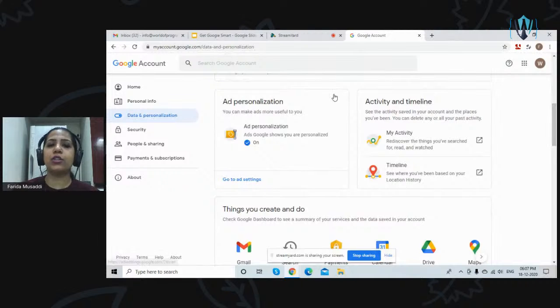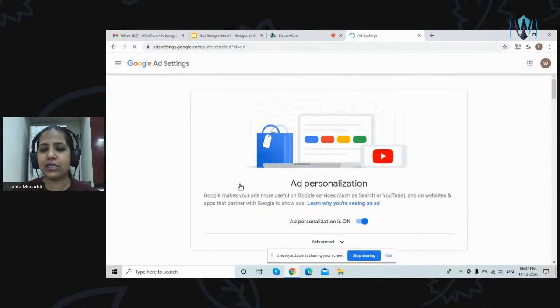Apart from that, let's talk about ad personalization. Now, we all receive so many Google ads. The moment we create an account with Google, we will see our inbox flooded with all the ads. Most of the times, these ads are irrelevant. With ad personalization, you can ensure that Google sends you relevant ads. Of course, there is no way by which we can avoid these ads. They will be there. So there is no way by which we can do away with them. But yes, we can personalize them, we can customize them.